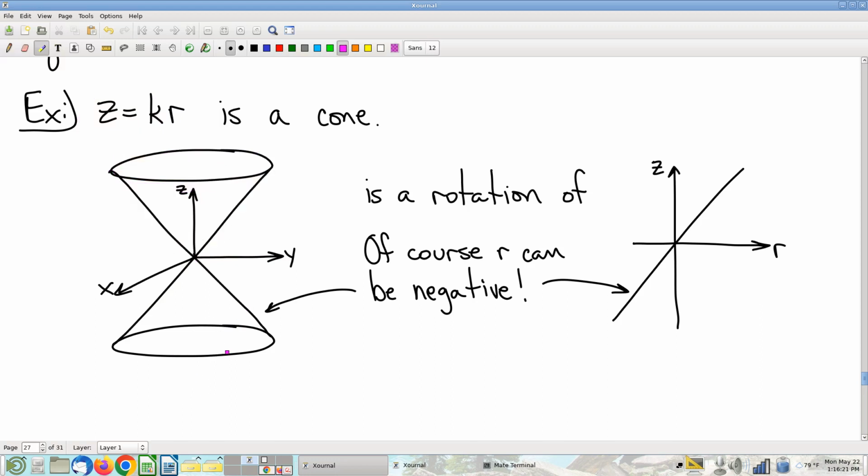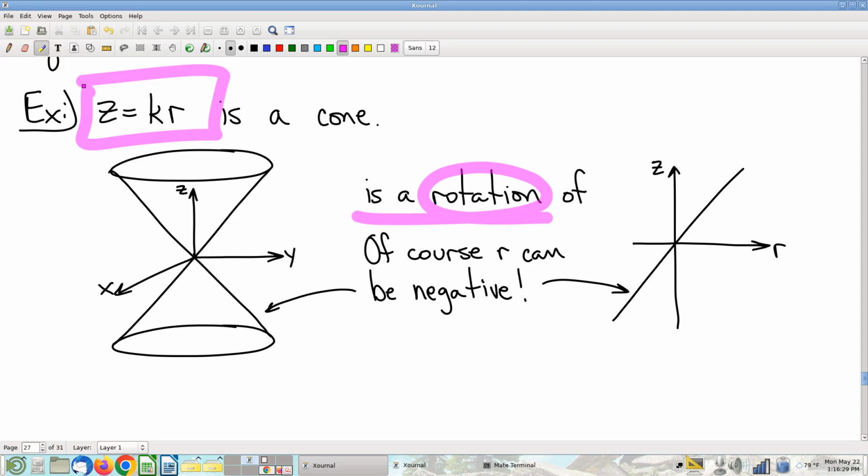Now, here's a different point of view on it. I think this is a really nice point of view. First thing I'm going to do is argue that this equation here is a rotation around the z-axis. I'm just going to make a geometric appeal here. The big thing to notice, no thetas in that equation, right? The cylindrical variables are r, theta, and z. I see the r, I see the z. There's no theta. Now, what does that mean when there's no theta? What that means is whichever value of theta you pick,